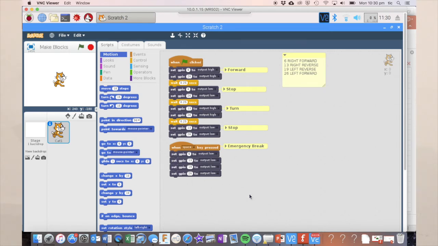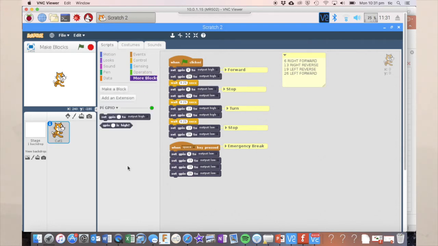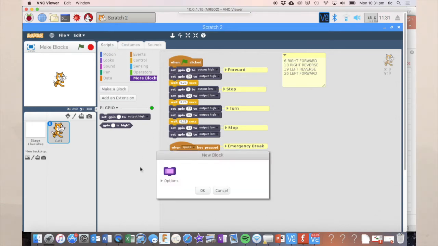For starters, we've written the same stop code or the same stop idea twice. We've actually had to stop the code twice. And then we've stopped it a third time down here with our emergency brake. So we can use the more blocks function to be able to make our own block to replace that stop function. If we think about this, if I go make a block and I call it stop motors